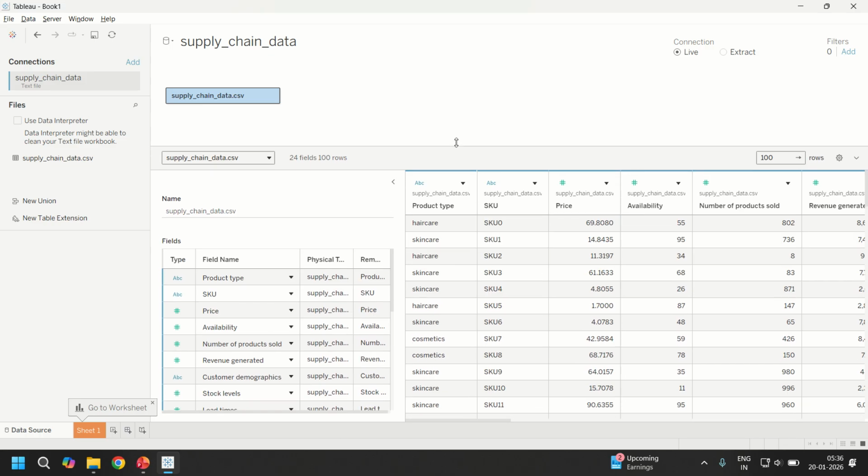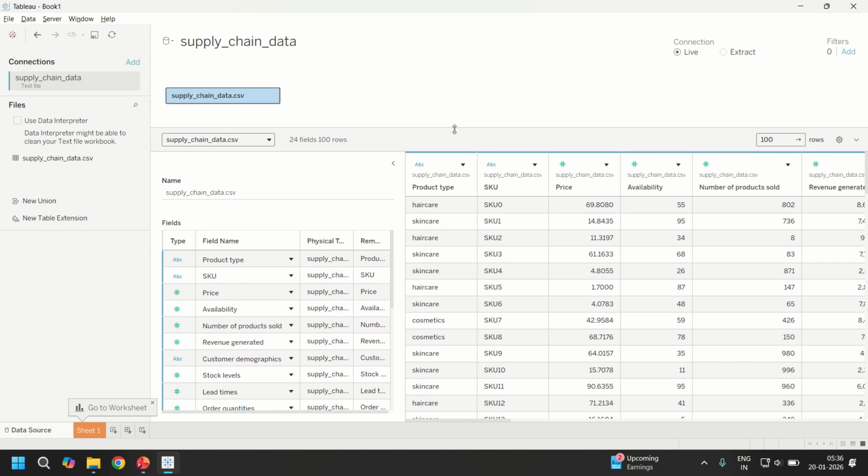As usual, we know very well that the first thing we need to check is the dimensions of the data. So we have 24 fields and 100 rows. Approximately we have this many records. And when it comes to the fields, we have